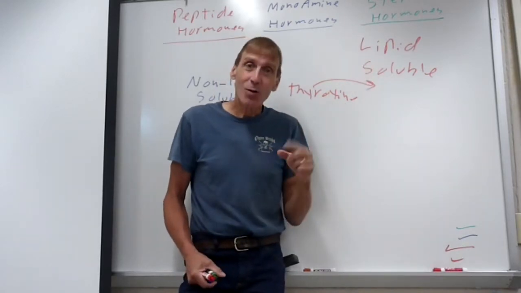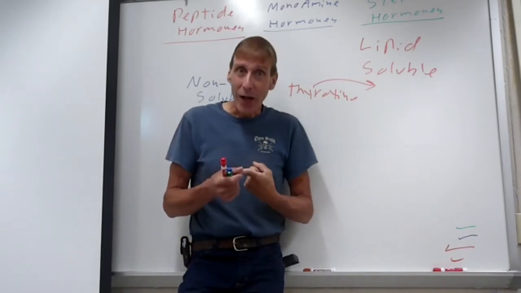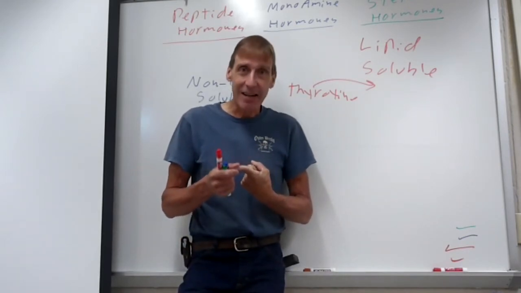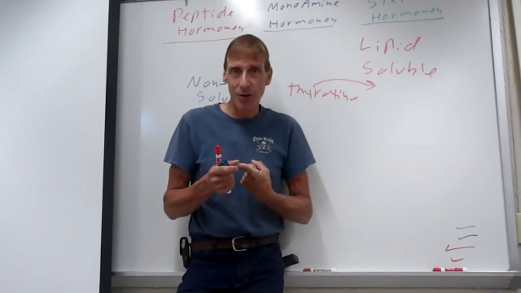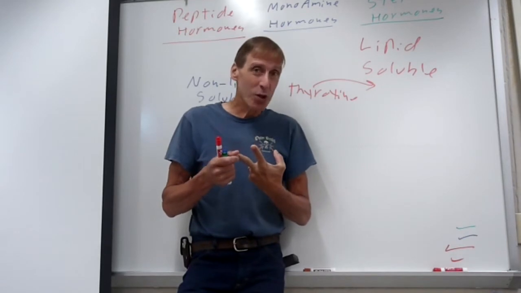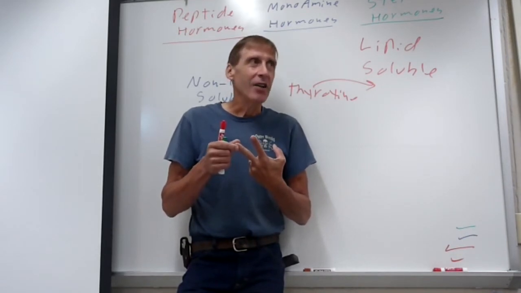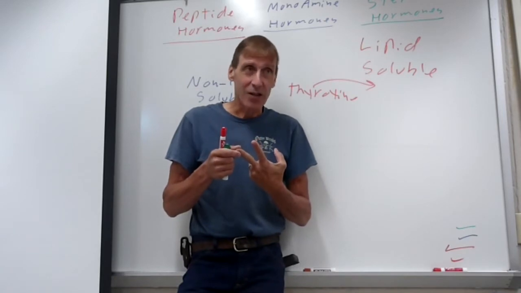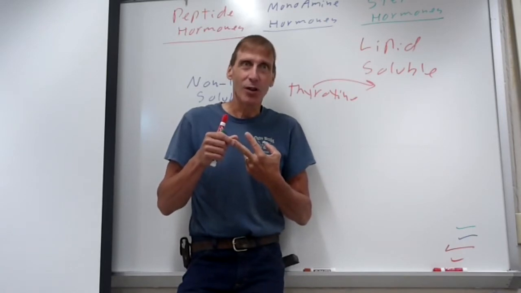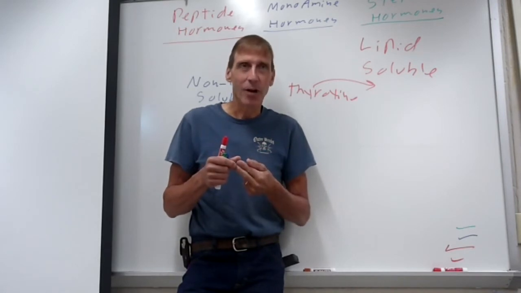The steroid hormones only come from 2 places. If the hormone comes from the gonads, ovaries or testes, it is a steroid hormone, it's lipid soluble. That's estrogen, progesterone, and testosterone. If the hormone comes from the adrenal cortex, which we looked at briefly in lab, or we will look at in lab, the hormones from the adrenal cortex, which are examples I usually use, are aldosterone and cortisol, and of course testosterone as well, or other androgens. Those are steroid hormones and lipid soluble.